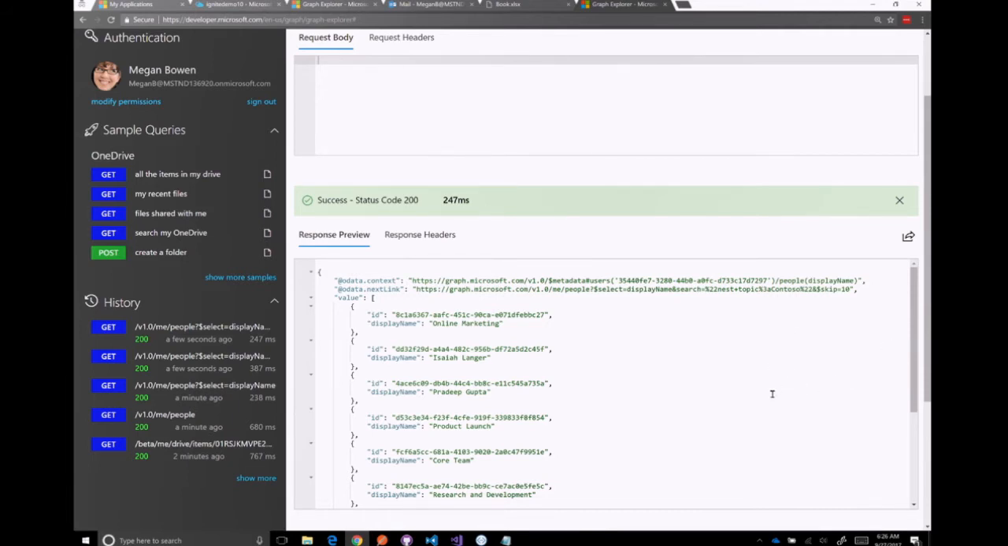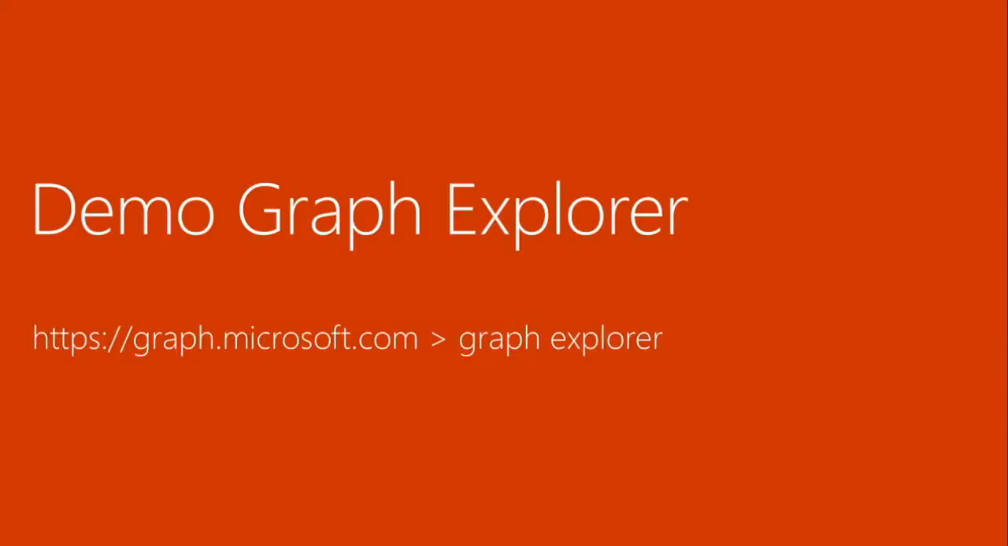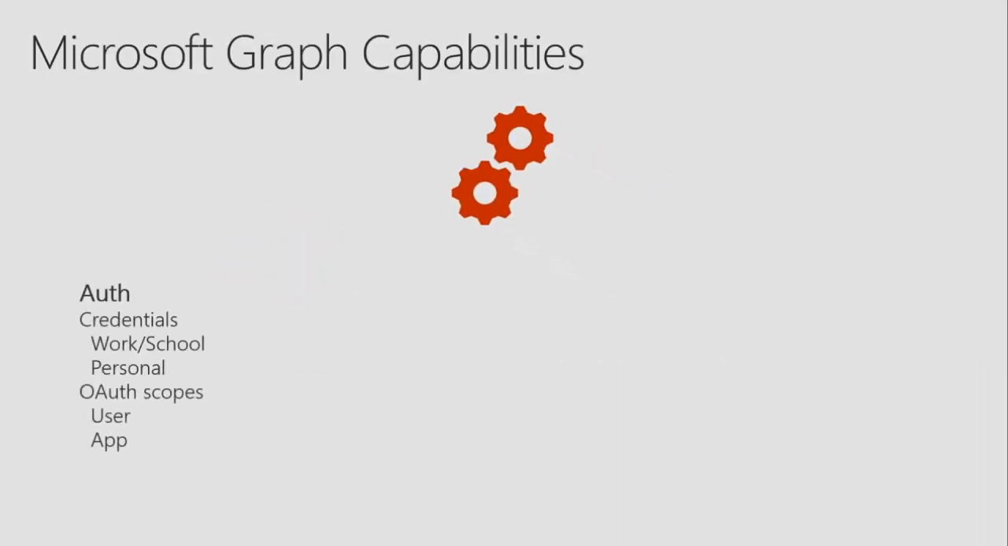OK, now let's go back to the deck. We saw the Graph Explorer, and the second thing that we have, so that's the data. In terms of data, we have profile data, we have content information, and we have insights. In terms of capabilities, we have all of the information that is exposed in the Microsoft Graph,